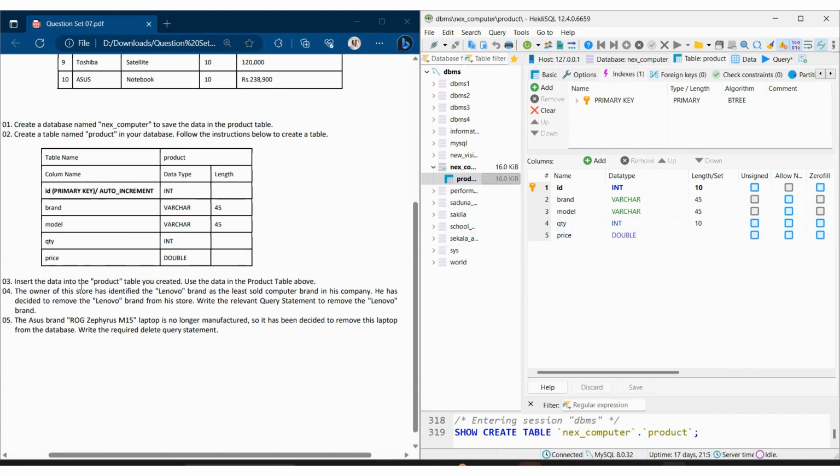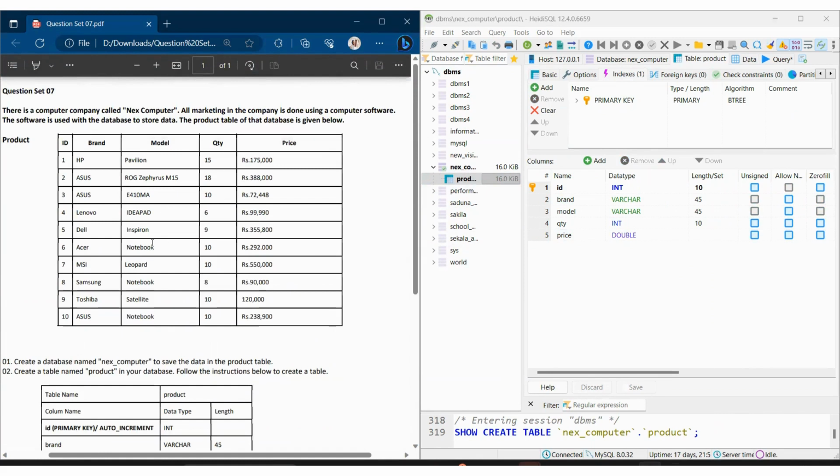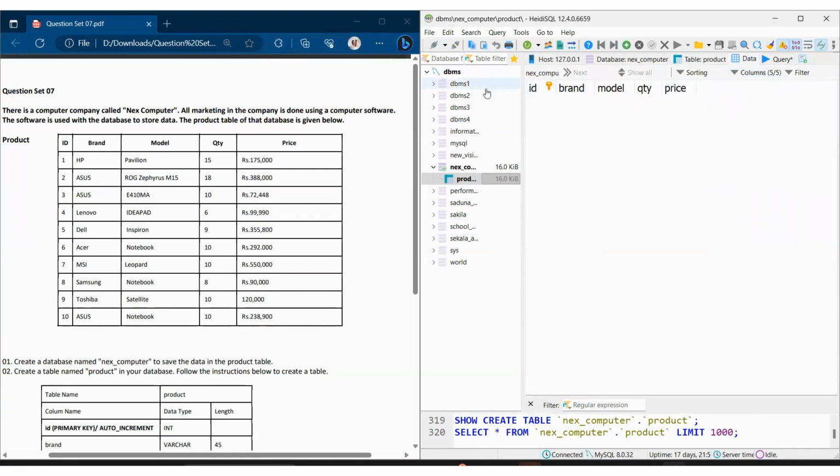The third question says to insert the data into the product table you have created, using the data in the product table above. To insert this data into the table, I'm going to use this way. I'm going to go to the data tab and click on this plus icon to add the data. So the brand is going to be HP, the model is going to be Pavilion, the quantity is 15, and the price is going to be 175,000. And the next column is going to be